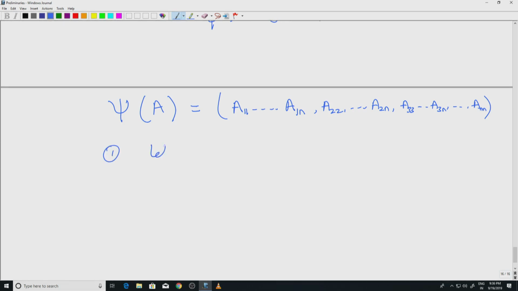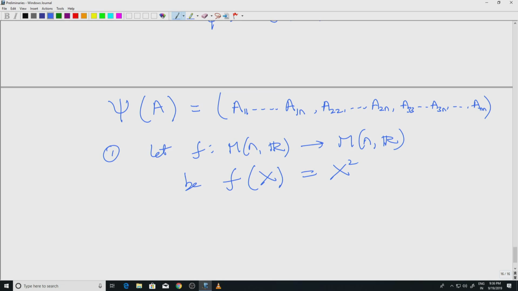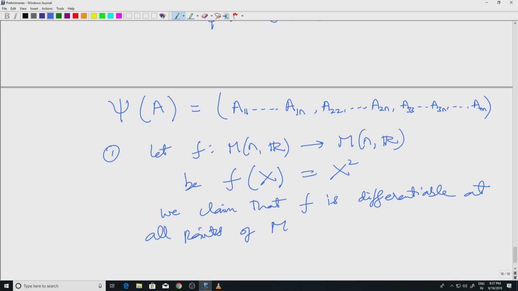The first one is f of x equals x squared. Here of course x is an element of M_n(R), which is an n by n matrix, and here x squared is the usual matrix multiplication. So, the claim is that f is differentiable at all points of M_n(R) and its derivative at a point A in M_n(R) is the linear map